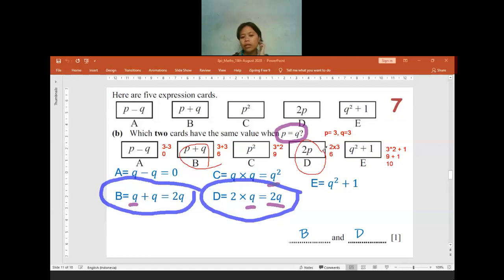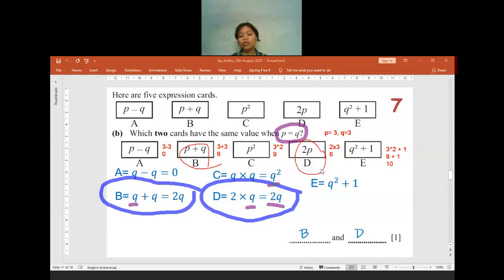Is there anyone else still having any confusion now? Hello? Is there anyone else still having any question? You can choose any number as long as, no, it's not like -1 and 3. At the question A, it's already given that P is equal to 3 and then Q is equal to -1. But in this question, we only know that P is equal to Q. If you are still confused with the expression, you can just replace the letters P and Q with a random number as long as the values are equal.